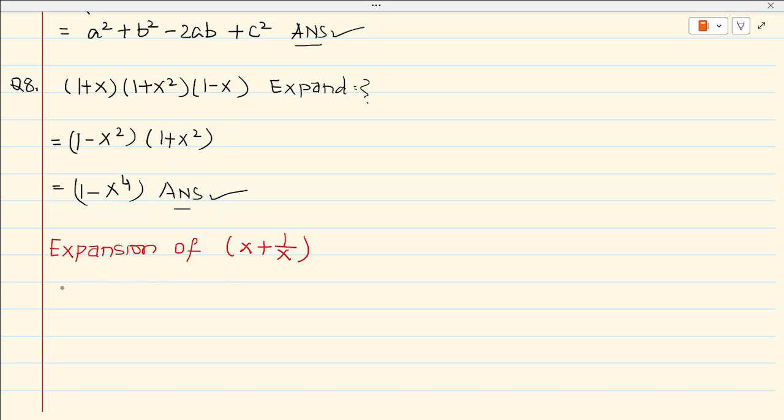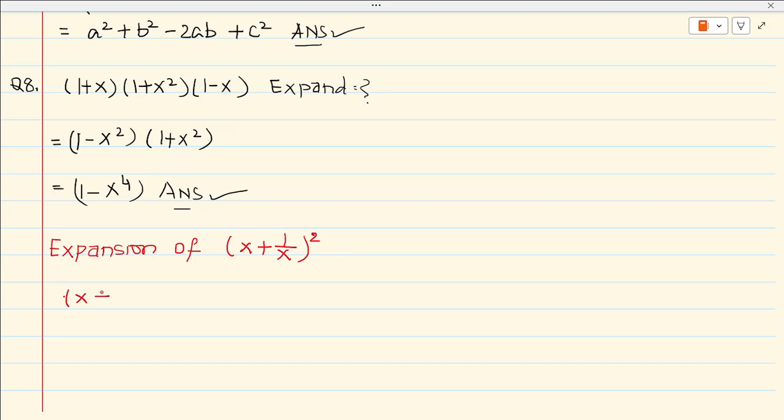Okay, so it is expansion of x plus 1 upon x. Rather, you should put a square here, because we cannot expand x plus 1 upon x. Okay, so